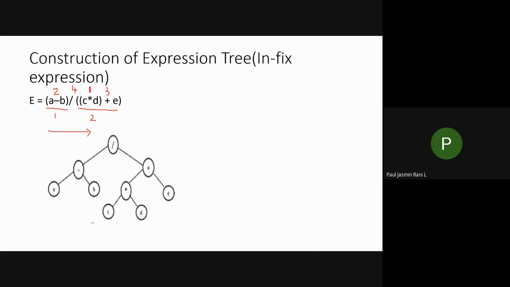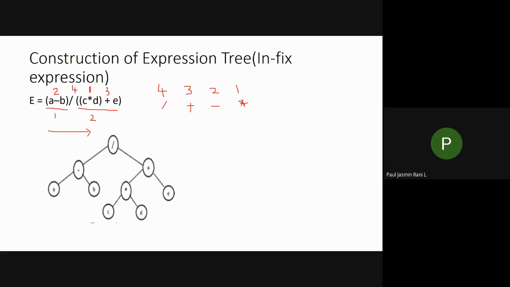So I am going to arrange this in descending order, that is, let us consider 4, 3, 2, 1. So first I am going to take the slash. After the slash, third priority I have plus, isn't it? In third I have plus, second I have minus, and one I have asterisk. Can you follow this one? So in this way I have given the priority. So the first priority is given to asterisk, second to minus, third to plus, and the least priority is given to slash, isn't it?